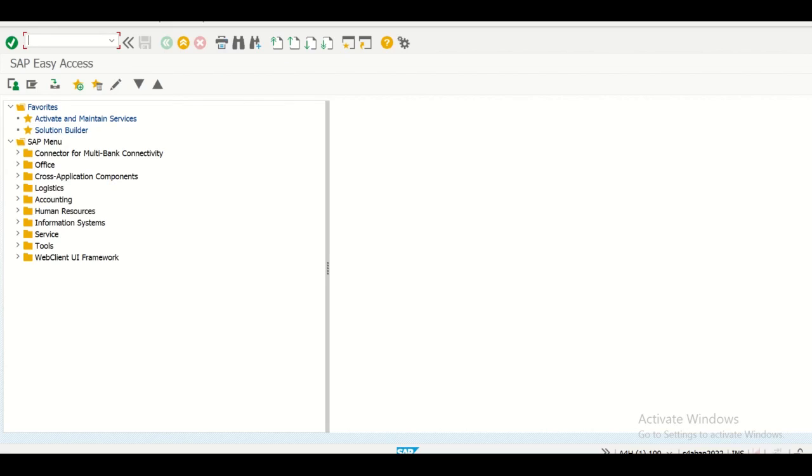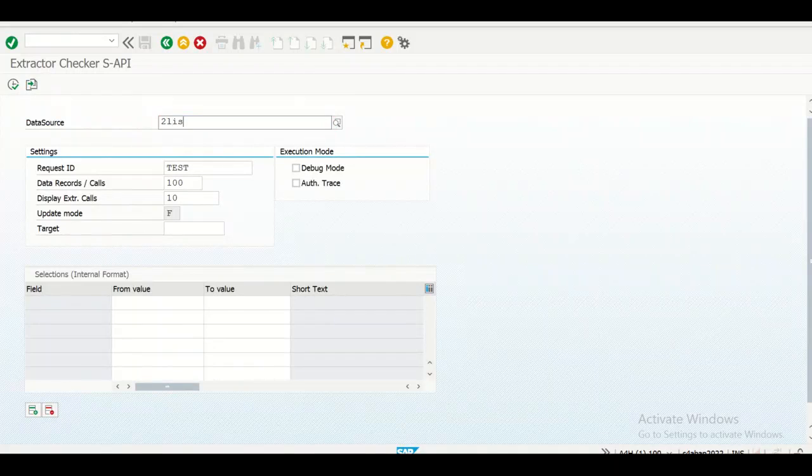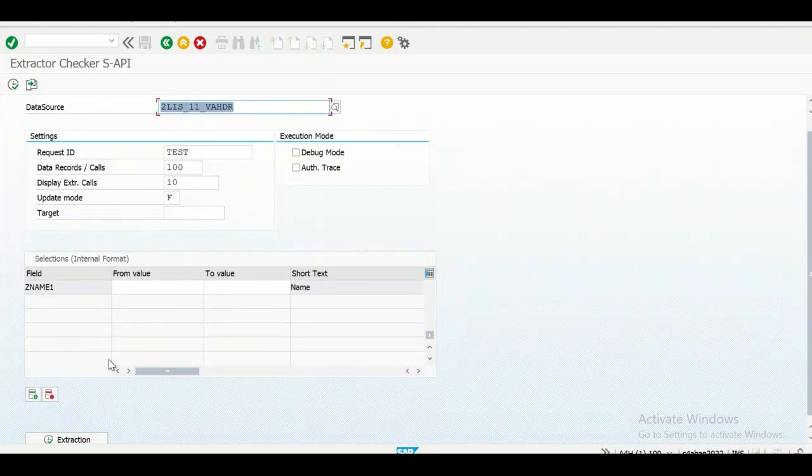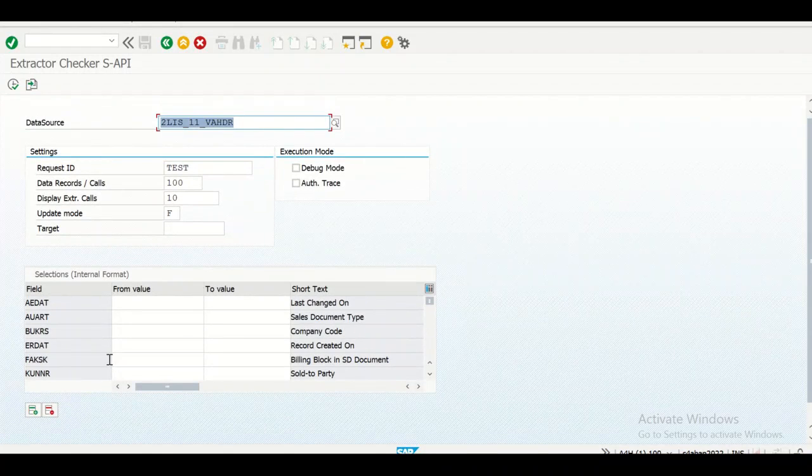Now we go to RSA3, and we will give our data source name. We will choose what we want. So ORT01